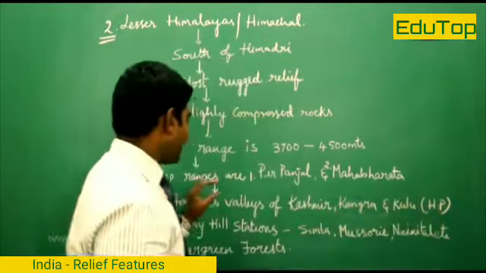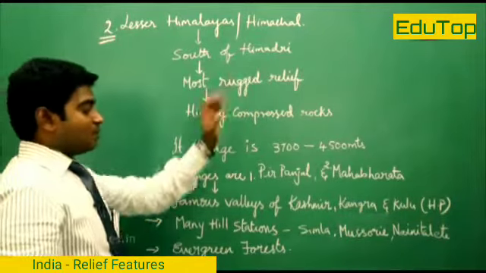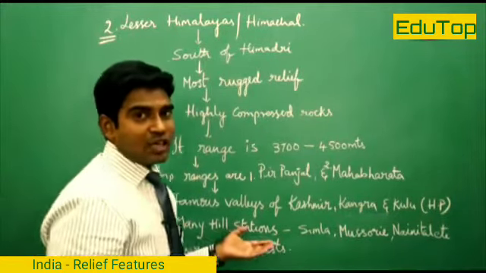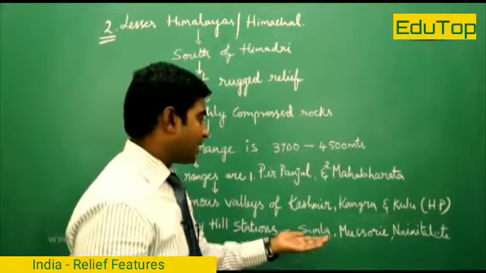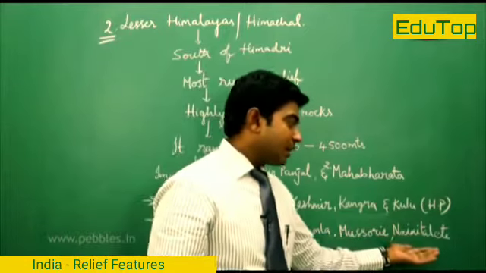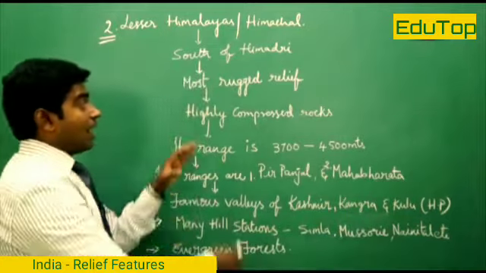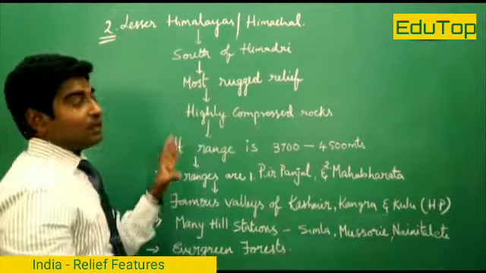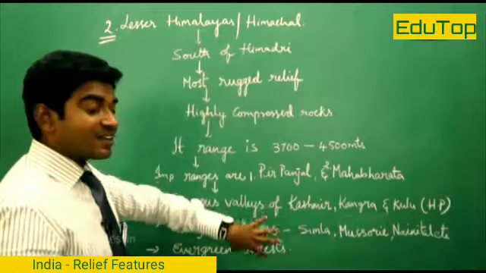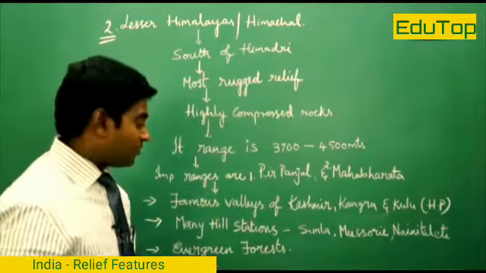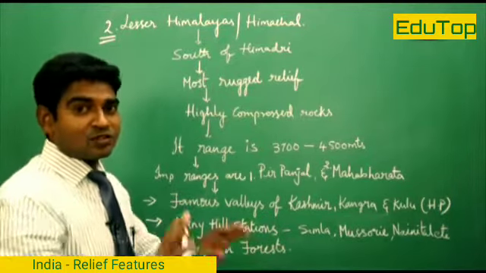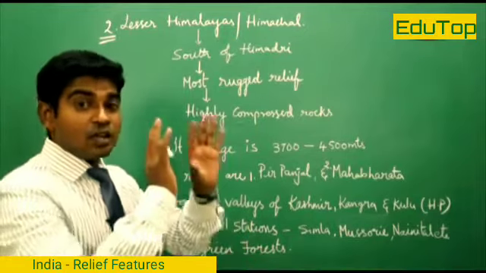These two are the major valley regions which are existing in this belt. And coming to the hill stations, we have many famous hill stations like Simla, Mussoorie, Nainital, Ranikhet, etc., which comprise this region. And the common feature of this entire region is that it is covered with evergreen forest, the forest which never dries up. The grass leaves are completely green throughout the year.